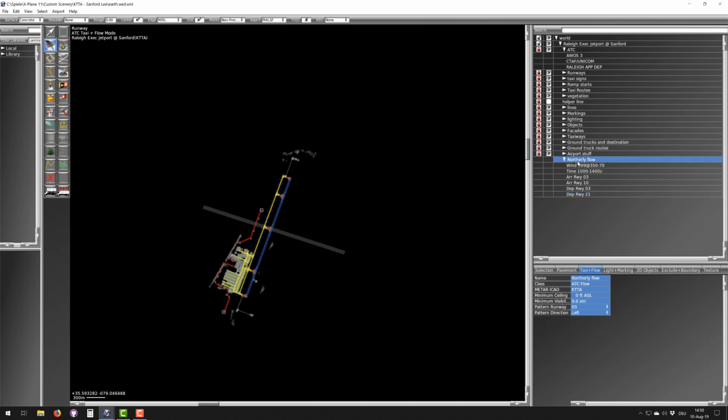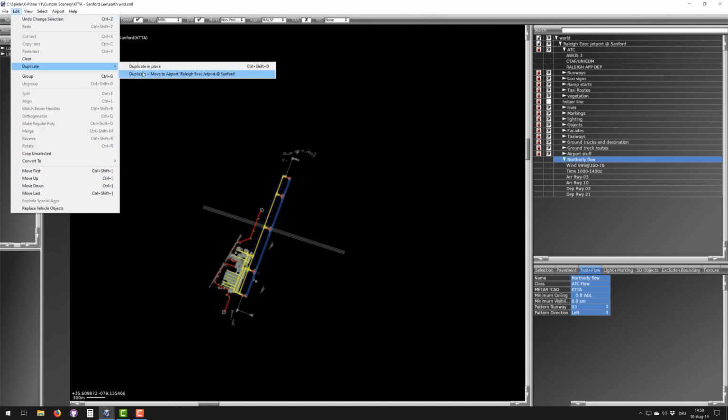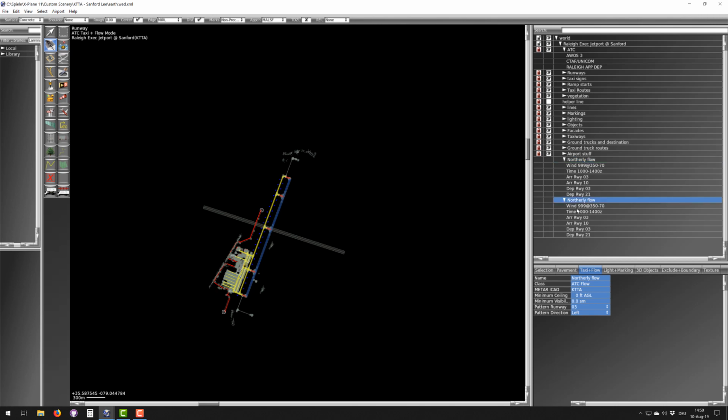Now once you have the flow going, you can easily duplicate it and then say duplicate in place and then make another flow, and this one could be the westerly flow. And here you go again. Now you'd have to double check everything again. Maybe the pattern runway in a westerly flow should now be runway 28. And if the wind is coming from the west, this would probably be the runway that you use. So maybe the wind would go from down here to 20 to